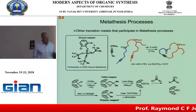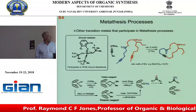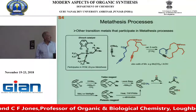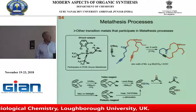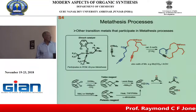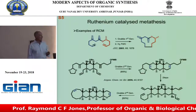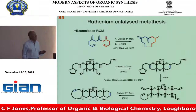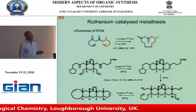The ruthenium catalyzed ones deal with all carbon systems. So molybdenum works, and Schrock got part of the Nobel Prize for that, but in the laboratory nowadays, essentially it's the ruthenium catalysts of Grubbs and others that are most commonly used. So here are some processes that have been done. Here's one using the Grubbs first generation catalyst to